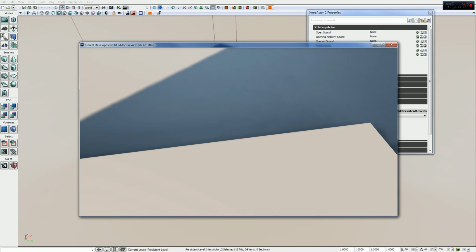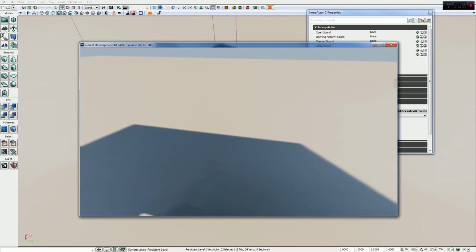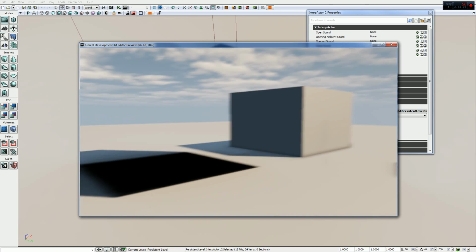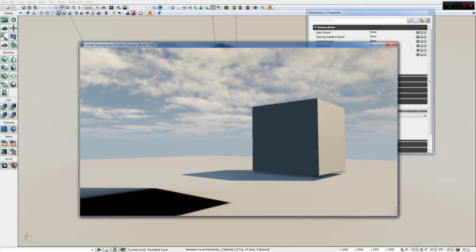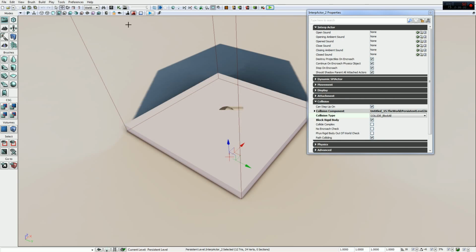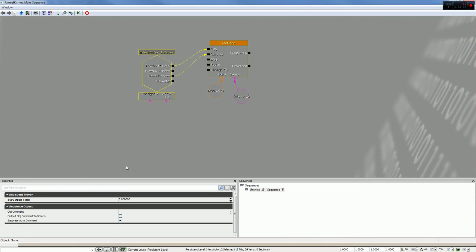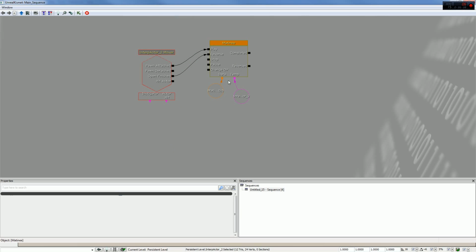It's not technically what it is, but in a way, that's what we can analyze it to be equivalent to. Technically, it's just the stay open time. But anyway, that's basically how the interp-actor mover works,